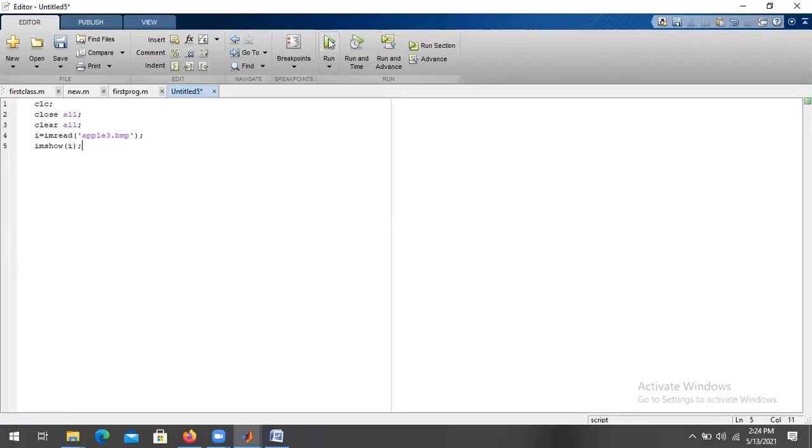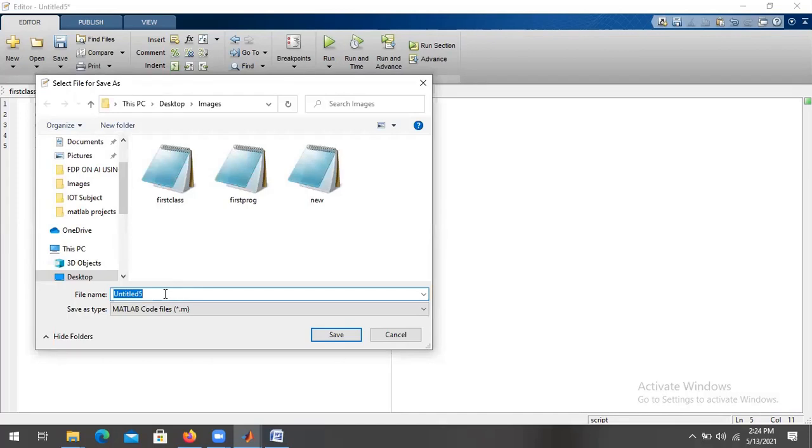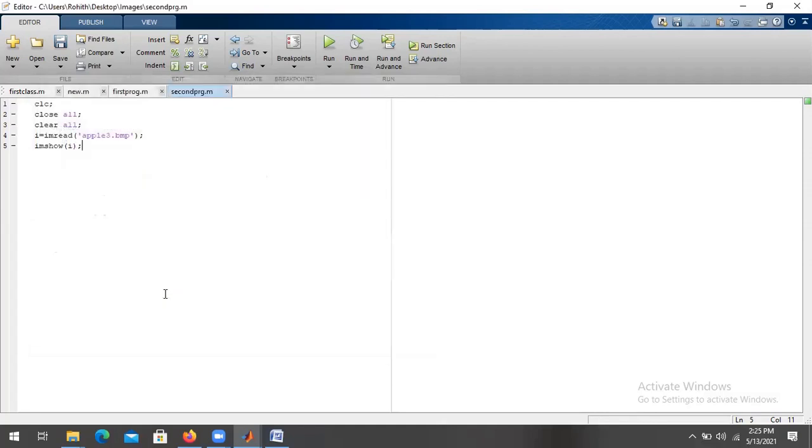Now I am running this program. I have to save it first, so here I am writing second program dot m. I have saved, and now it is automatically going to execute because I clicked on the run button.